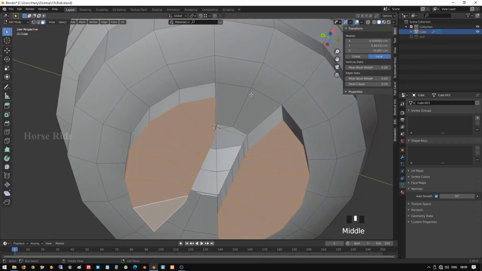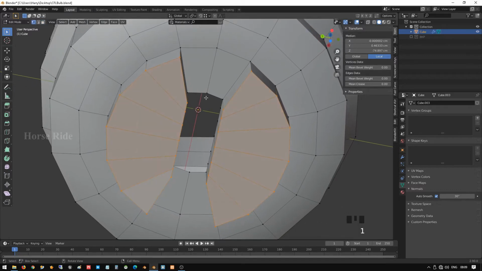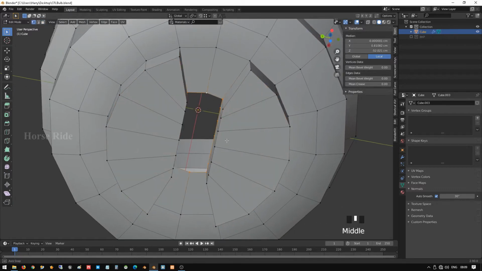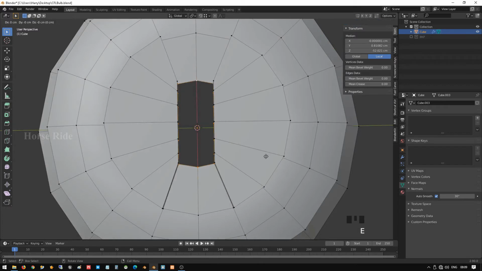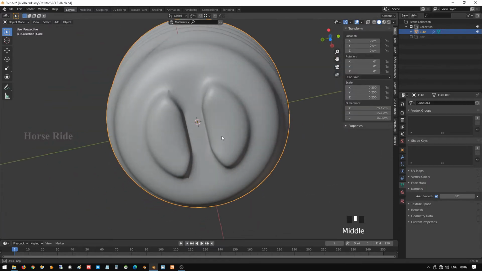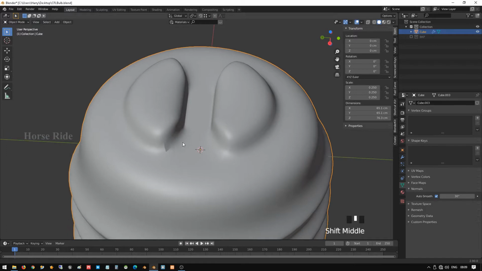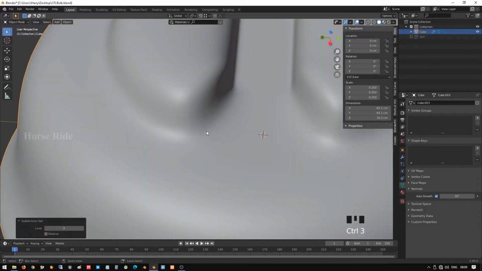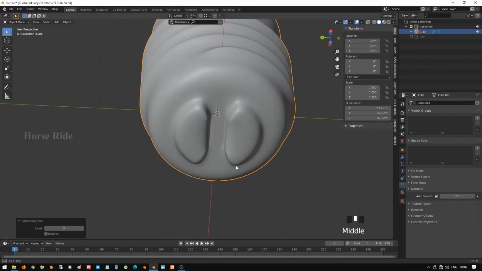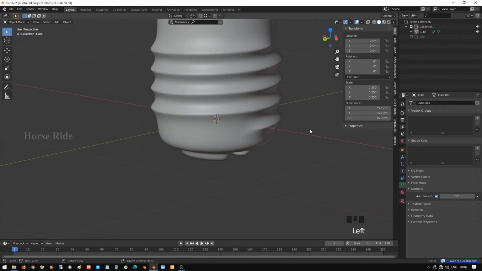Okay, go to Tab and go to edge selection, select these, press E to extrude and scale, press E to extrude and scale, press M, merge at center. Okay, now it has been created. Now you can see it looks a bit fishy. Press Ctrl 3 on the keyboard to clear that. Okay, now our bottom bulb is ready, right?